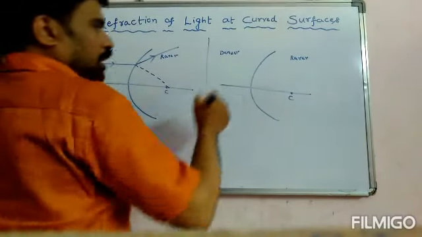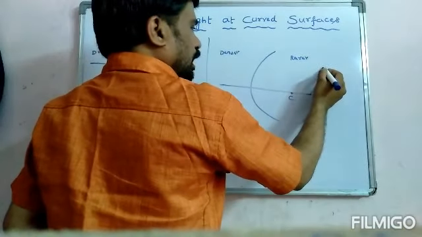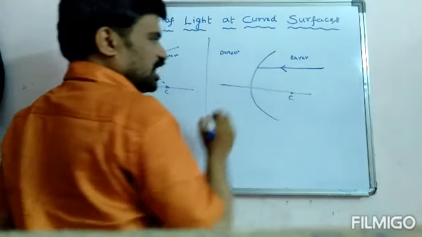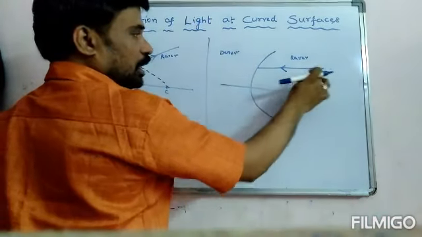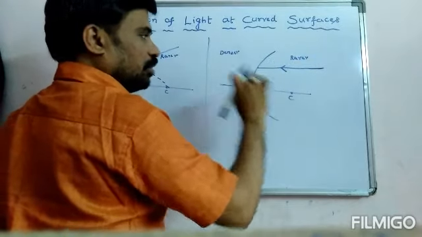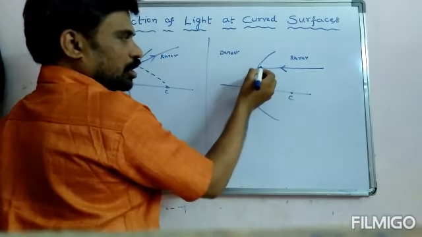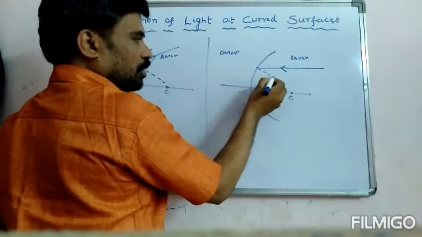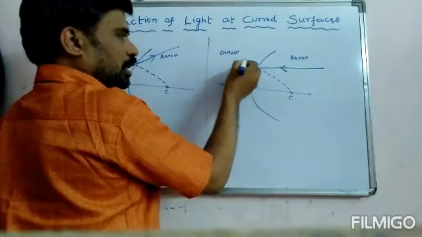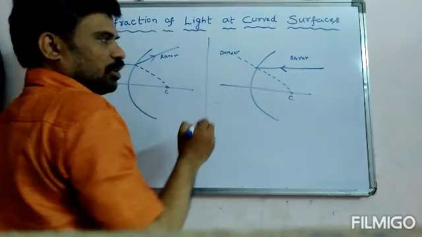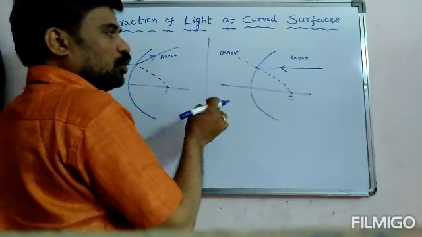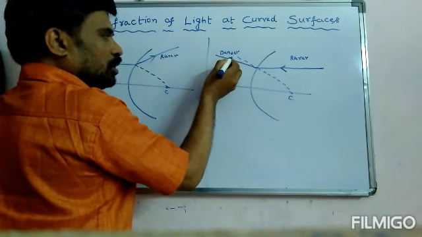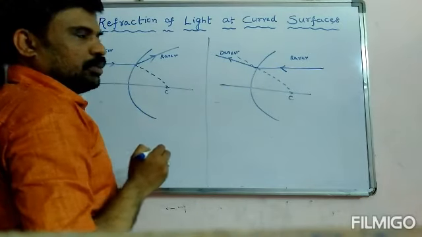Now in this case, the light ray is traveling from rarer to denser medium parallel to the principal axis, but observe that it is incident on the concave surface. Let us draw the normal from the point of incidence to the center of curvature; this dotted line acts as the normal. Rarer to denser, it moves towards the normal, so it deviates in this manner. Right.